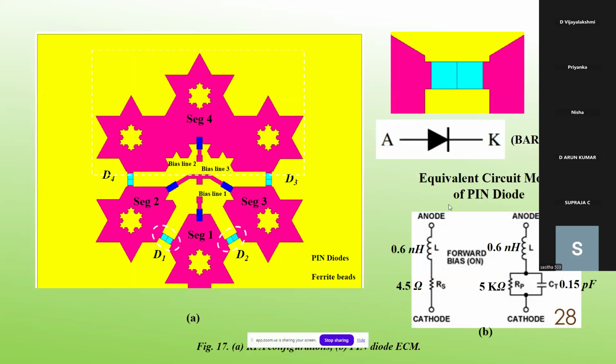So coming to more elaborately, it has been shown here. This is D1, D2, segment 1, and segment 2 and segment 3 are connected here, with biasing line 1 and 3. Again, another two diodes are there, D3 and D4. Segment 4 is again connected with biasing line 2. So pin diodes and ferrite beads are